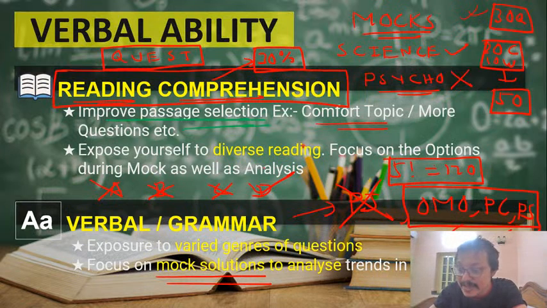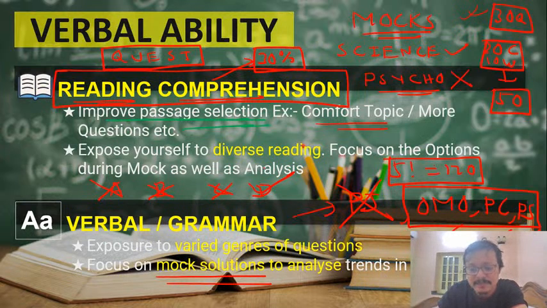But unless you understand that, what will happen is next time a similar question comes, you will not be able to figure out or eliminate the option. You still end up being confused again. So make sure that you're going through the solutions in detail, understanding where you're going wrong, and ensuring that next time the same mistake is